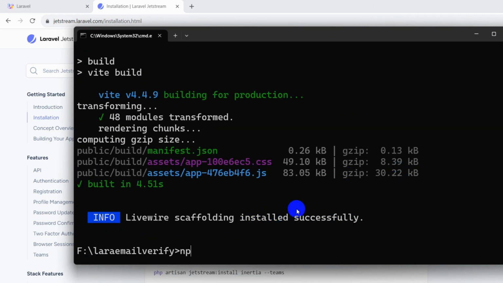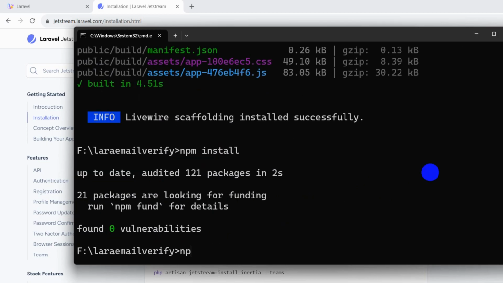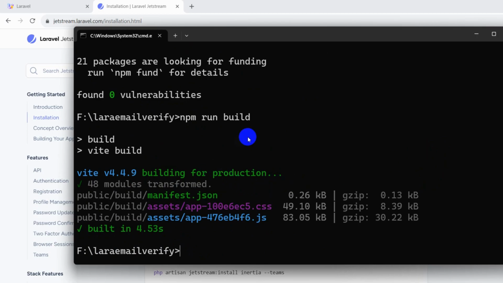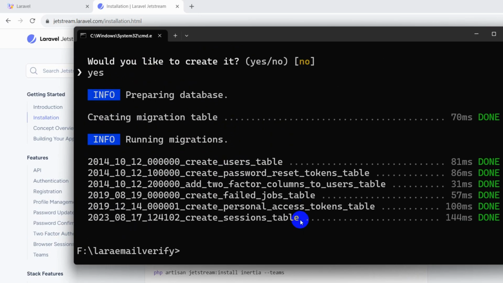So right now we're going to say this command npm install and press enter. After npm install, we'll say npm run build. Again press enter. Now we have to give our last command, which is php artisan migrate. So it is saying that database Laravel mail verify does not exist because I do not create the database. So would you like to create it? So we'll say here yes, press enter, and here you can see database is created and all the table is